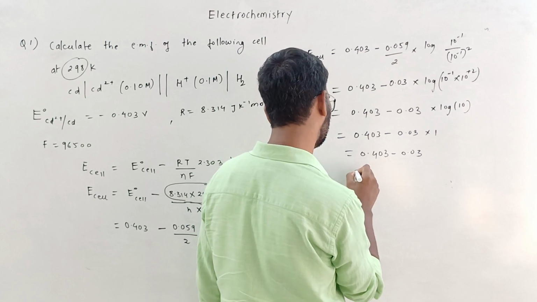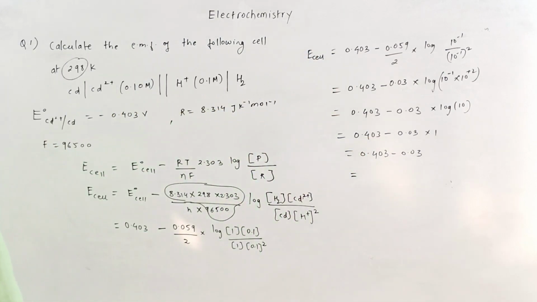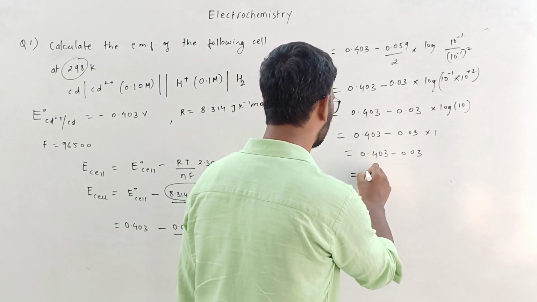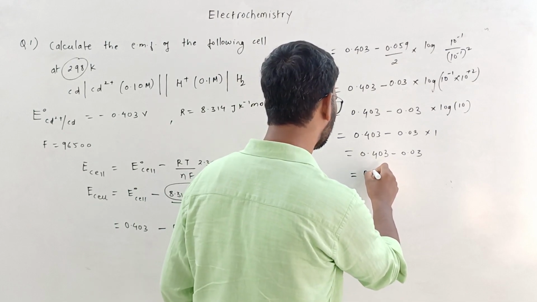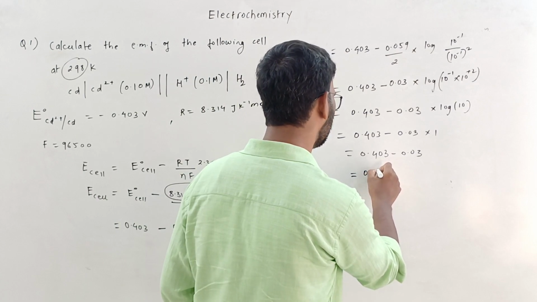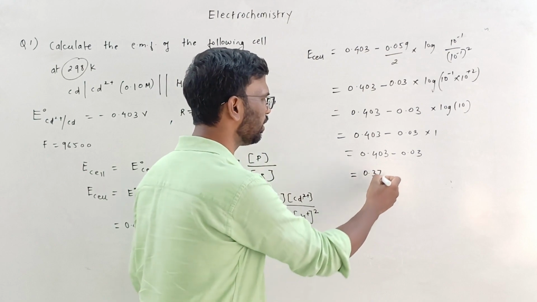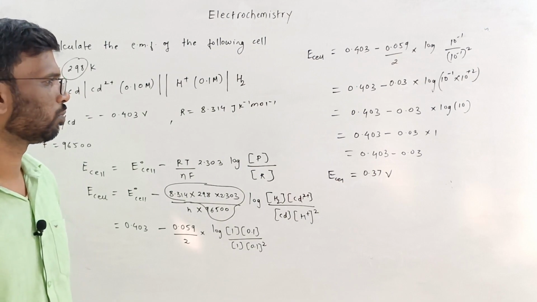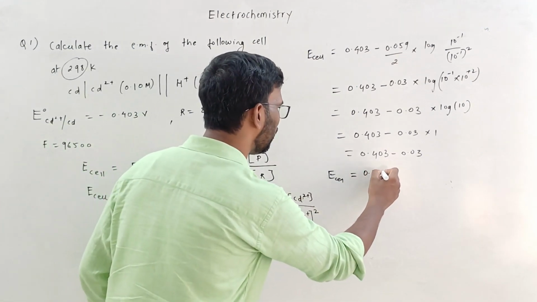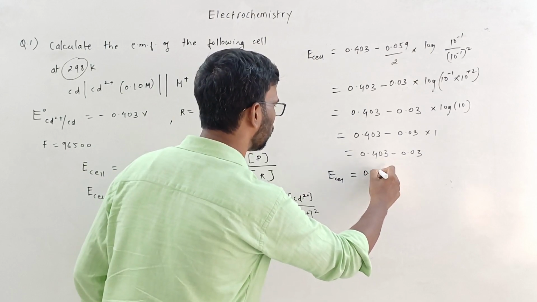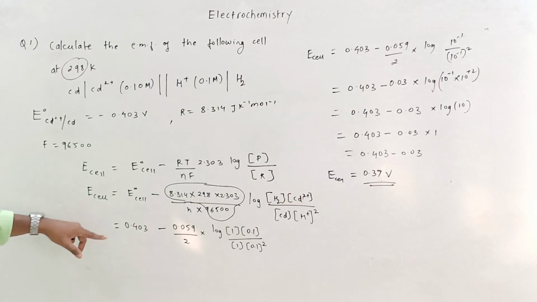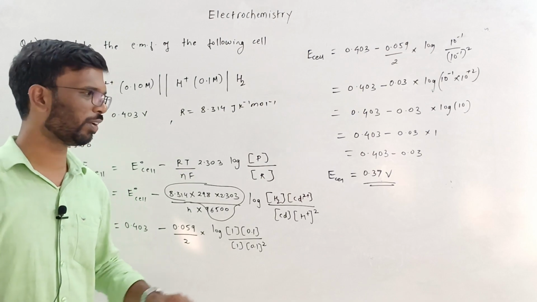Right? So the final answer will come to somewhere close to 0.37 volt, the EMF of the cell will come to that value. Okay, 0.373 also we can write. You take this much value, 0.37 volt. Right. So what was E naught? E naught was 0.40. It is getting somewhere 0.37 volt.